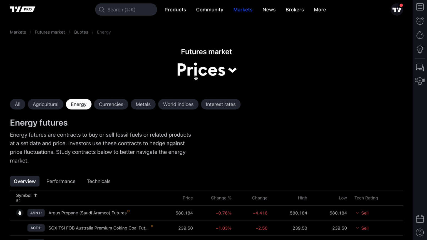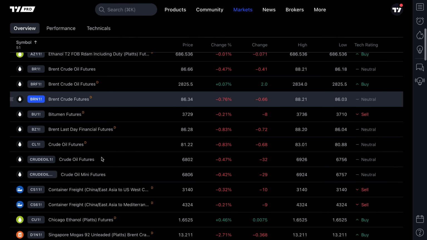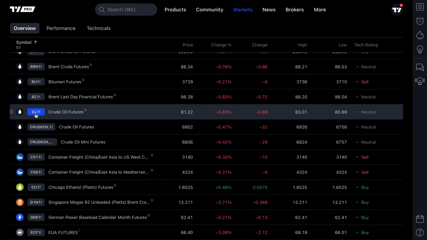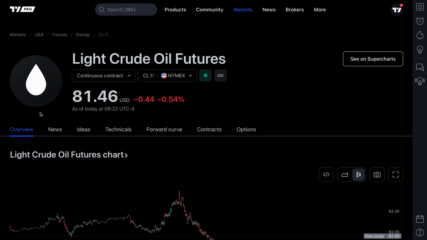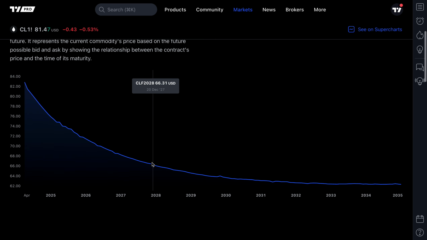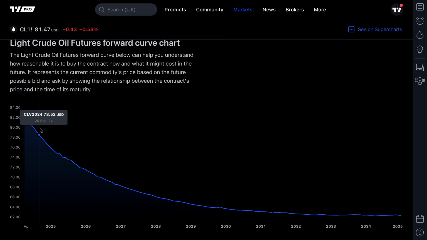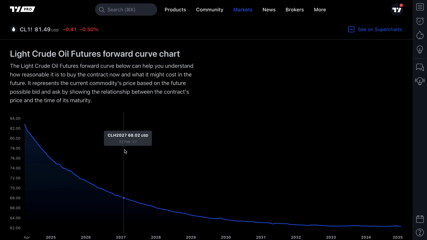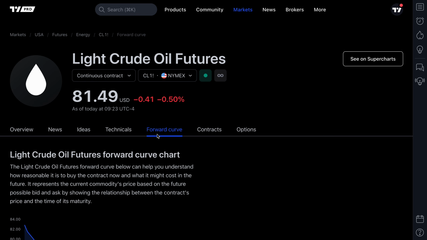For example, let's go to energy. And why don't we go ahead and find one of the more popular crude oil futures contracts, CL1. Let's click that. Now we're on the light crude oil futures page. Click Forward Curve. And how interesting is that? It's the complete opposite of gold. It's actually showing that in the future here, the contracts and the deliverability of crude oil is estimated to go down over time. Maybe that's because production's going up. Maybe that's because of new energy sources. But you get access to this entire curve now on TradingView right here on the symbol page, Forward Curve.